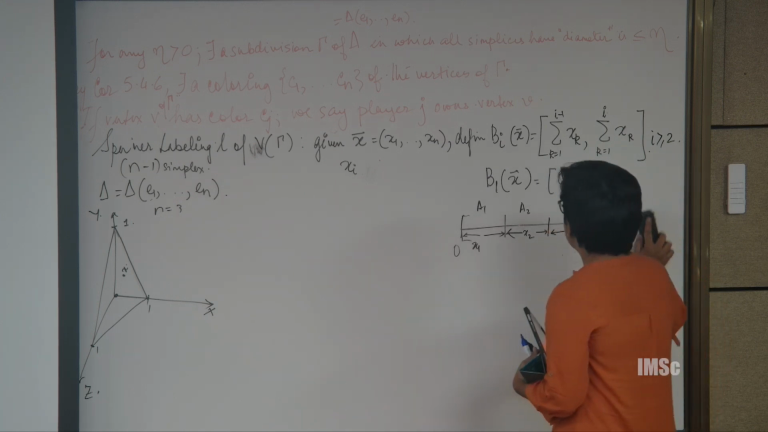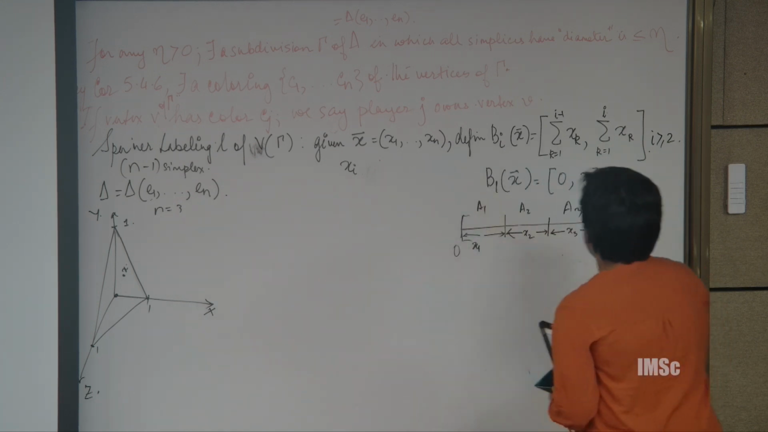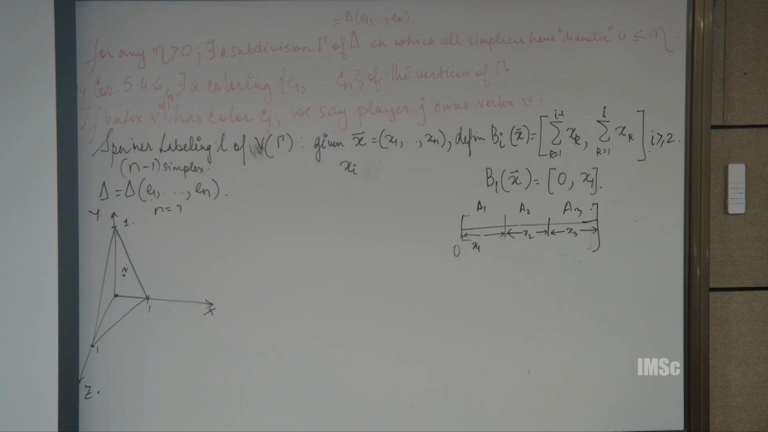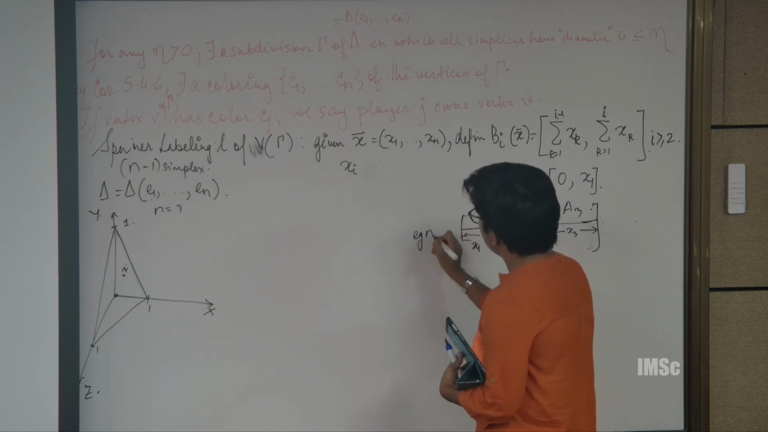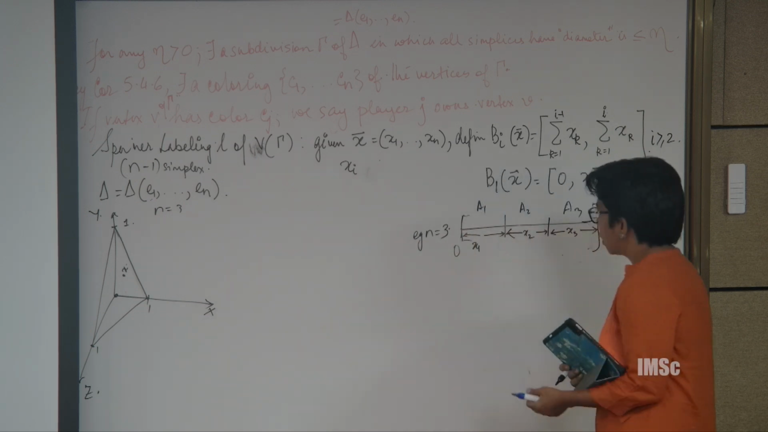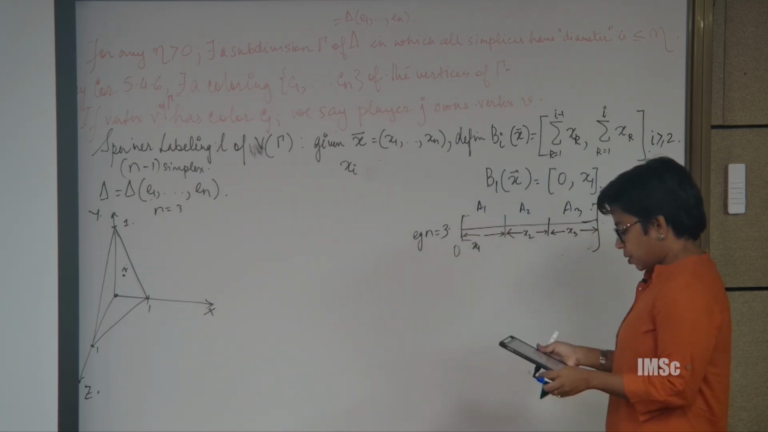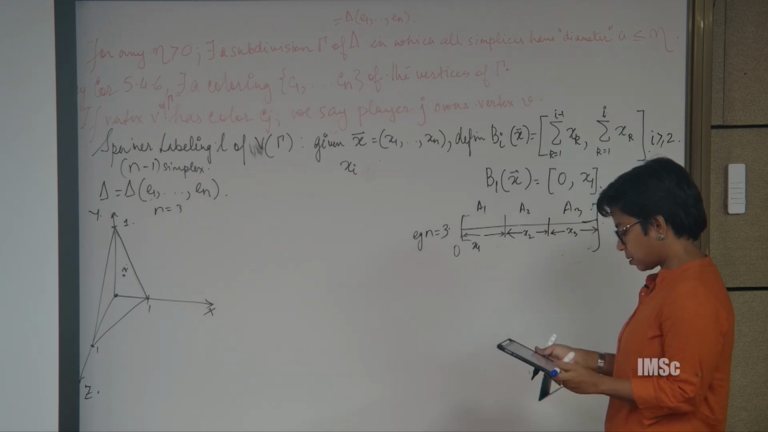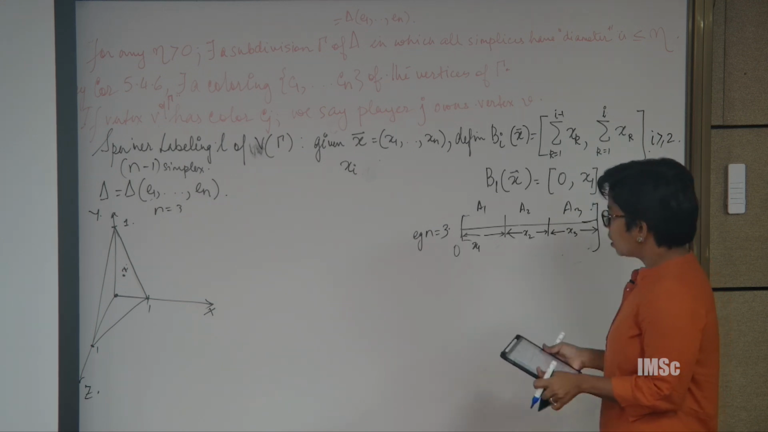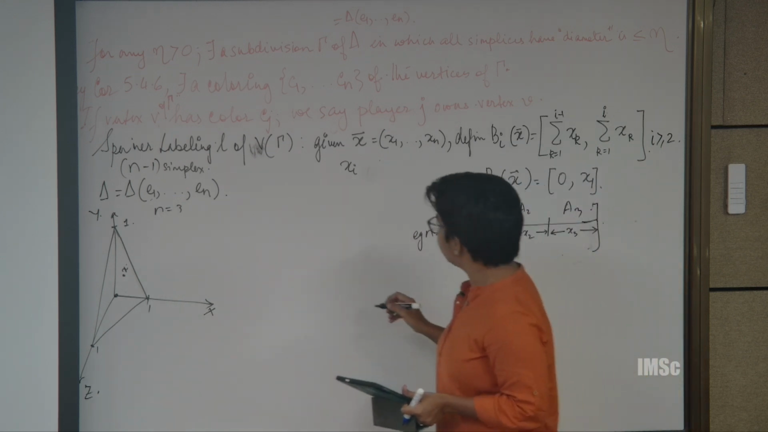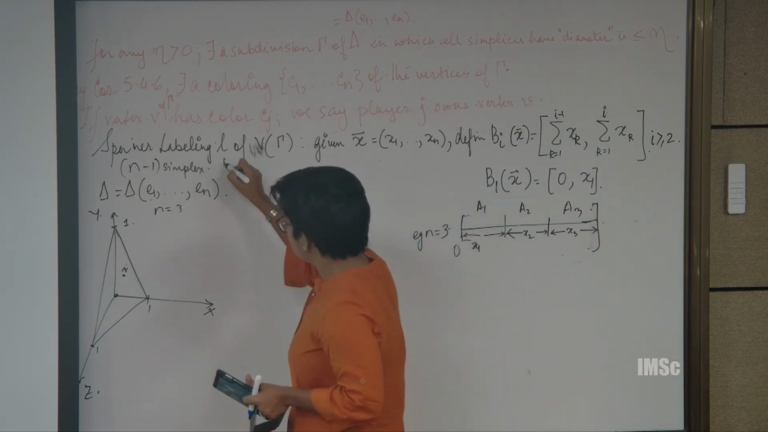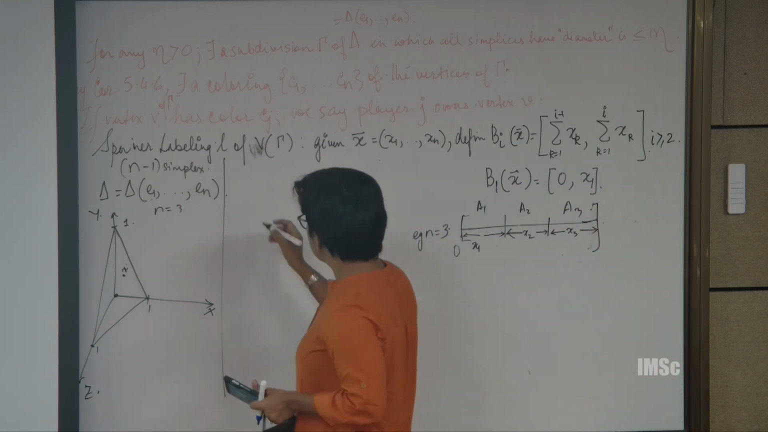Okay. So, define this. Example for n equal to 3. Okay. So, this is how I divide it. Okay. Now, if maybe this picture and if